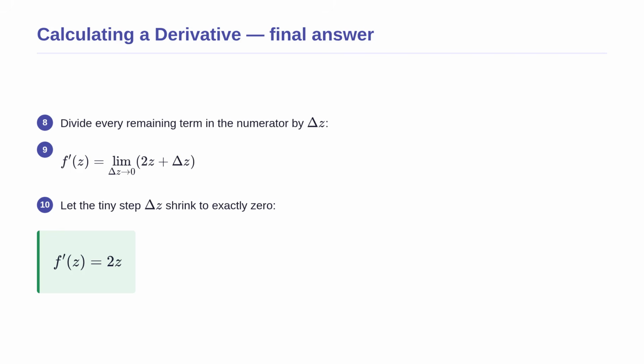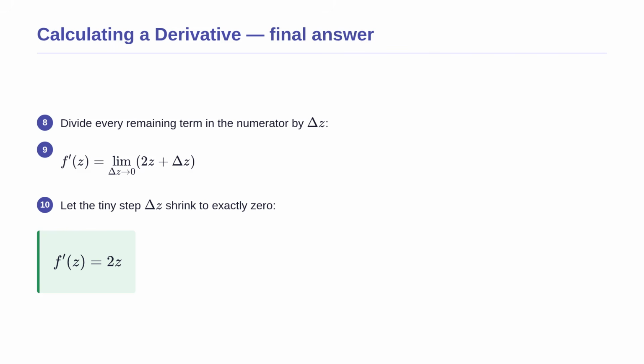For our final steps, we divide every remaining term in the numerator by the denominator delta z. This crucial step eliminates the fraction entirely. Because the fraction is gone, we are no longer in danger of dividing by 0 when we apply the final